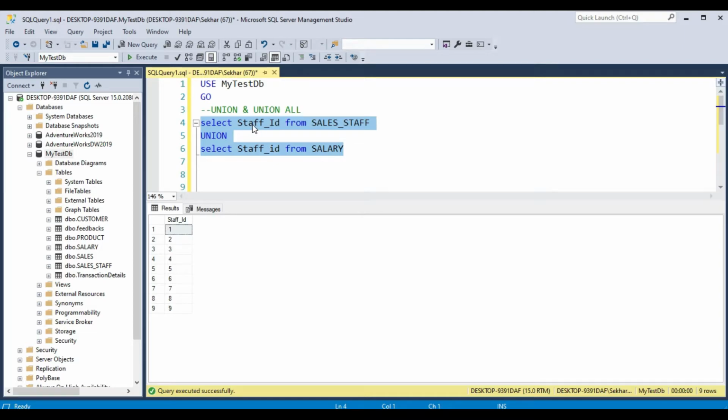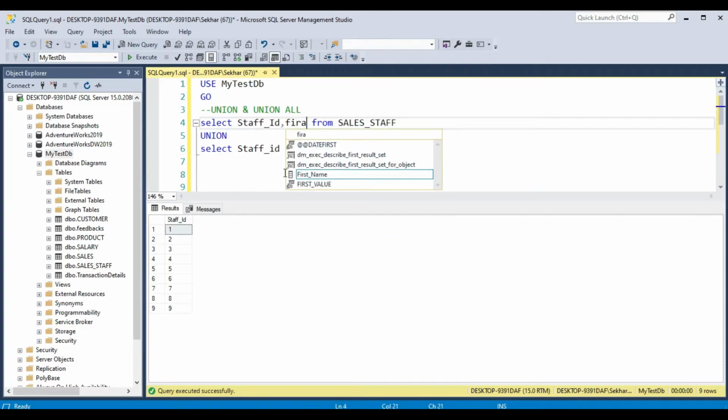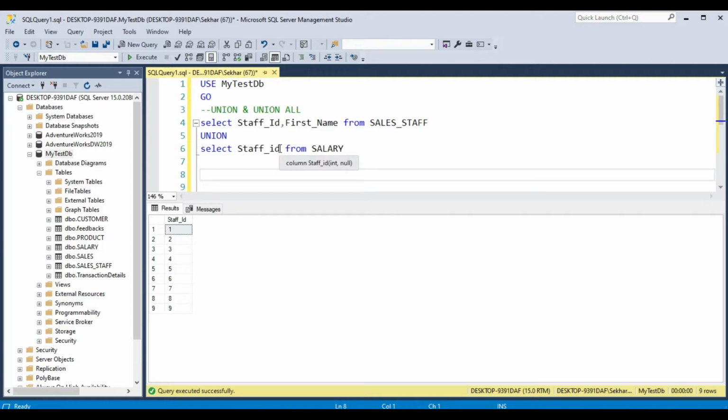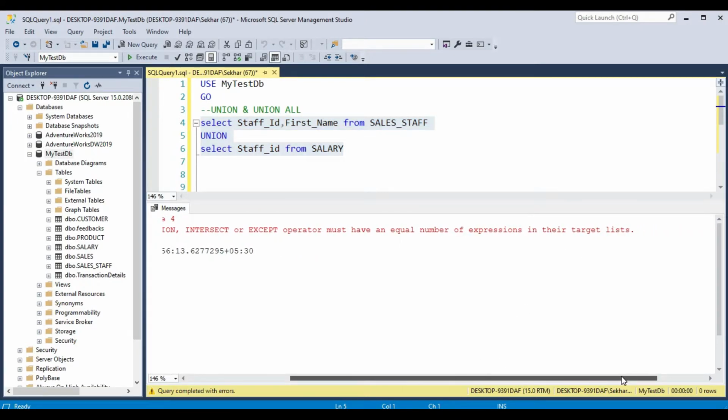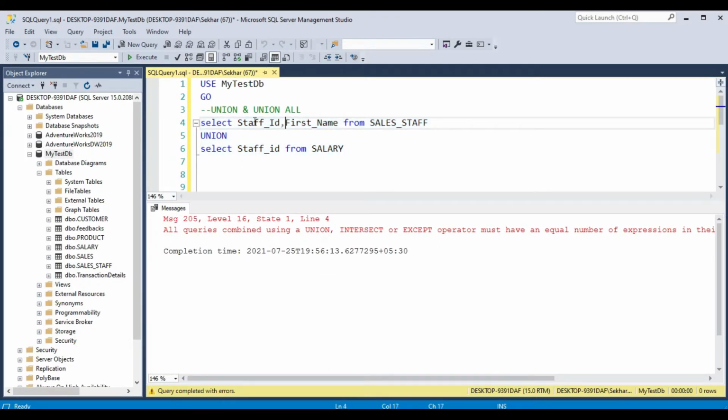Like here, if I write another column, first name, and here there is only one column, it will give you an error. It says union, intersect, except must have an equal number of expressions in their target list. So if here there are 2, then here also there should be 2.